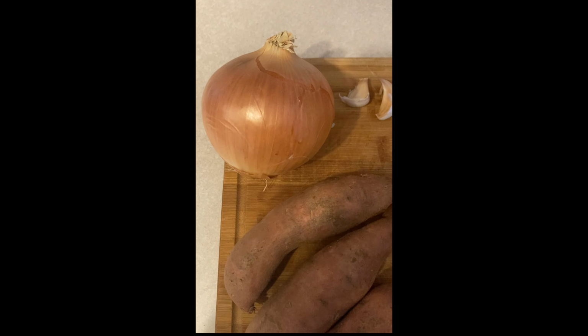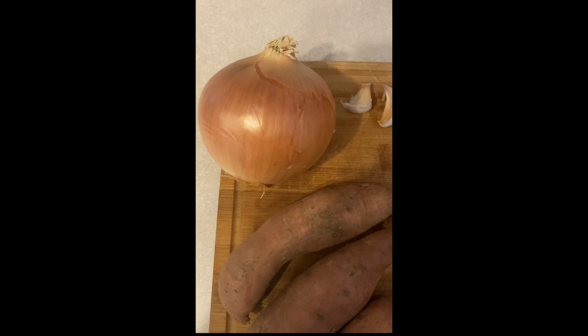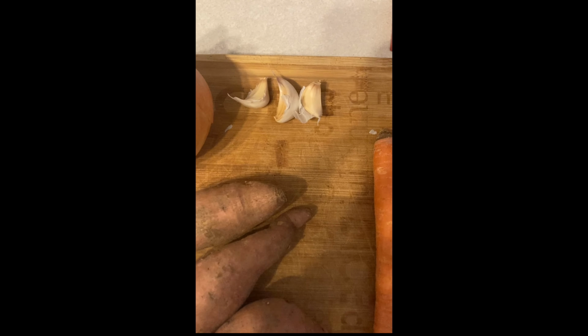So today I'm going to show you guys how to cook with the leafy greens that Emma showed y'all how to grow, and I showed you guys how to store in your freezer. So let's get started. For this recipe, we're going to need to dice up this half of an onion,